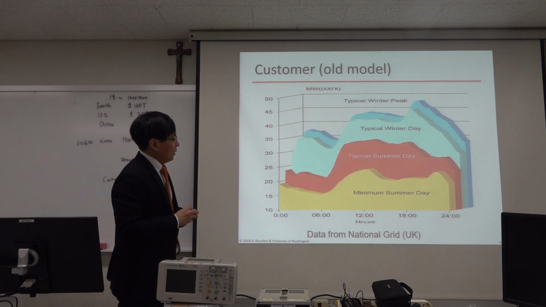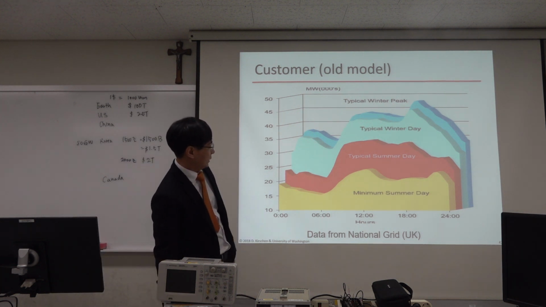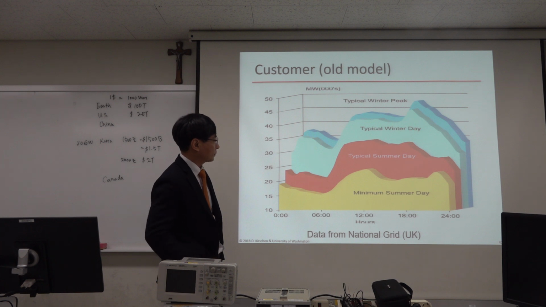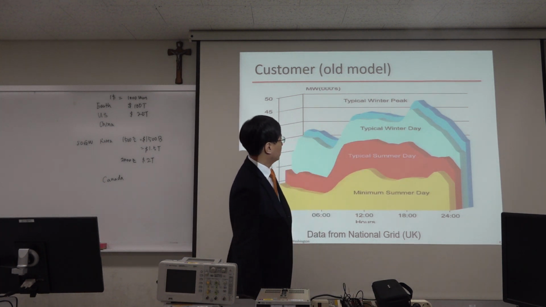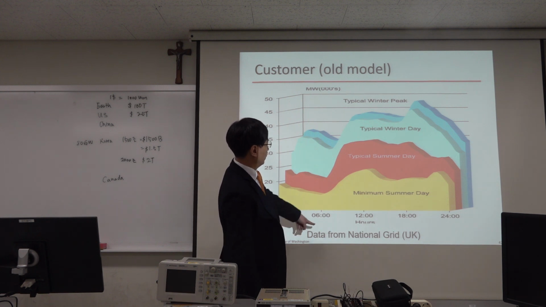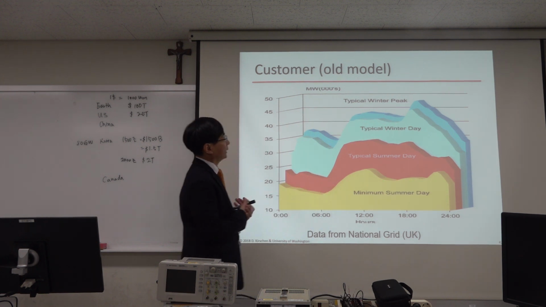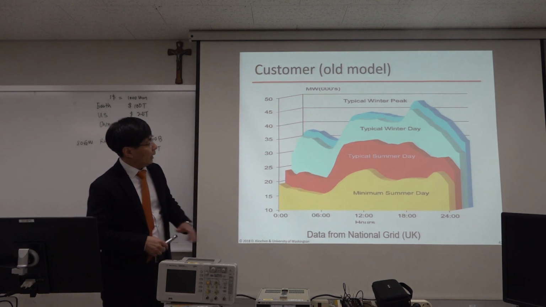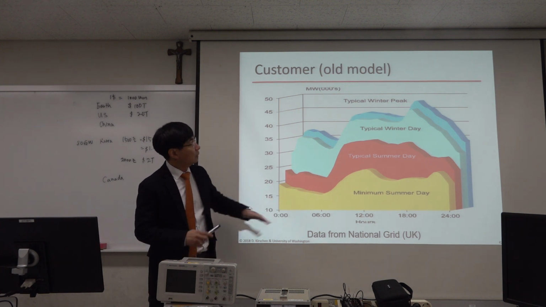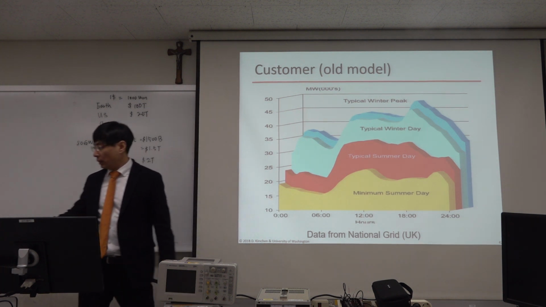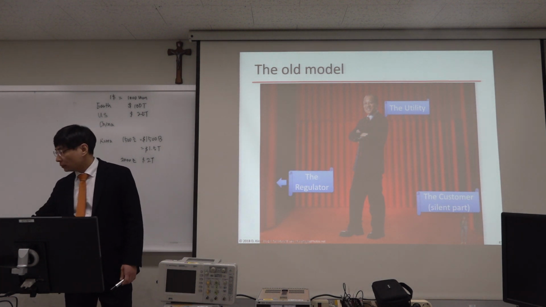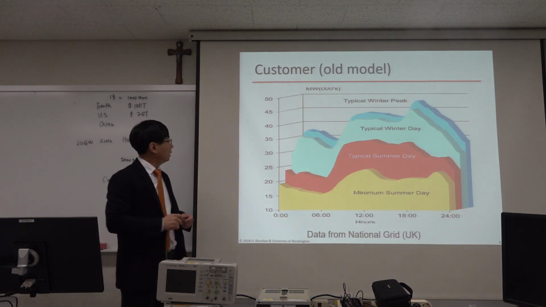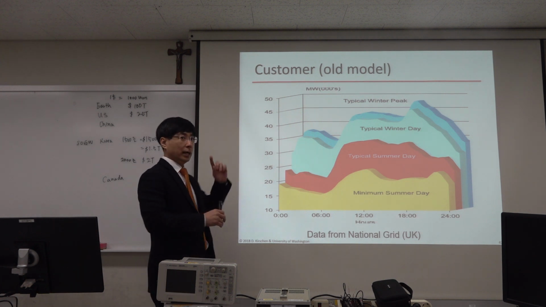Anyway, so this data is from National Grid. A minimum summer day, typical summer day, and typical winter day. They use electricity for heating a lot. Anyway, this is given, and in the case of this old model, the operators, here the operator means ISO,